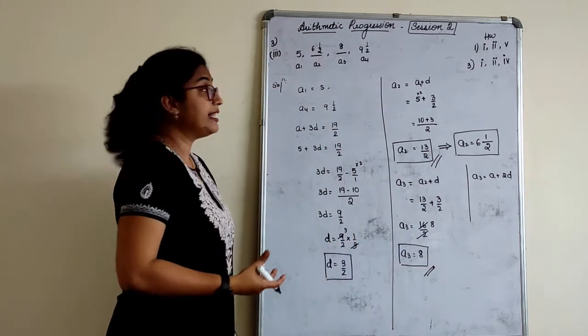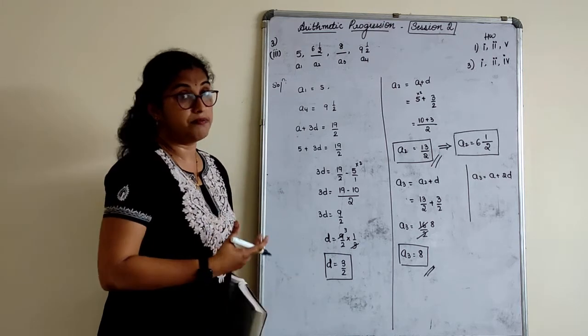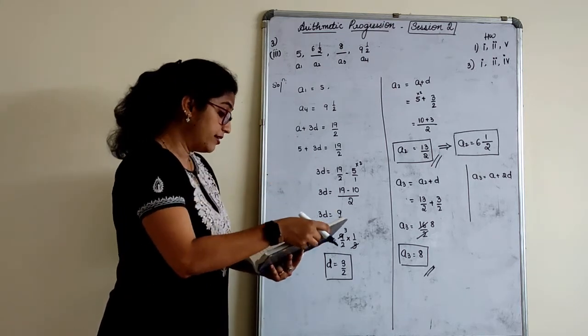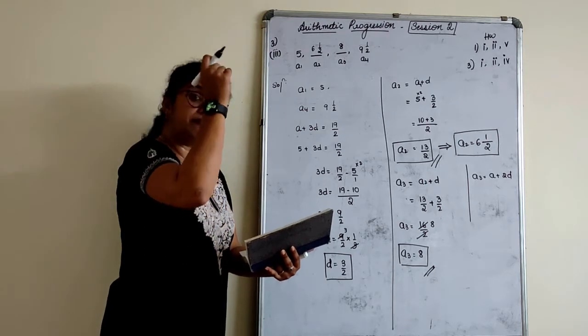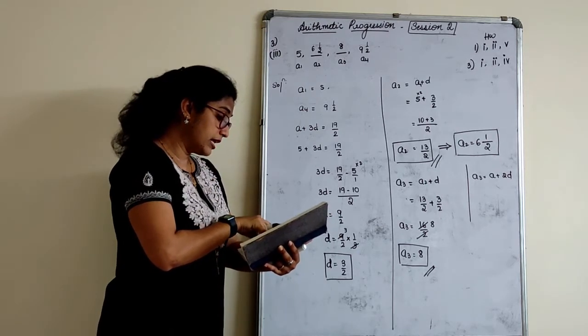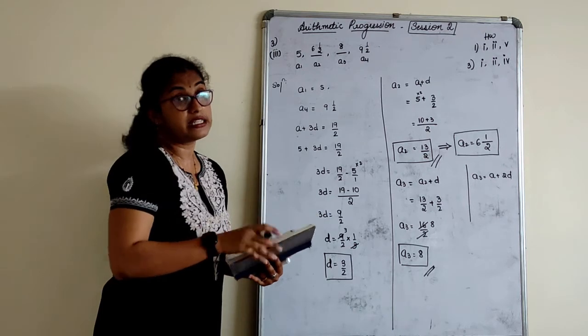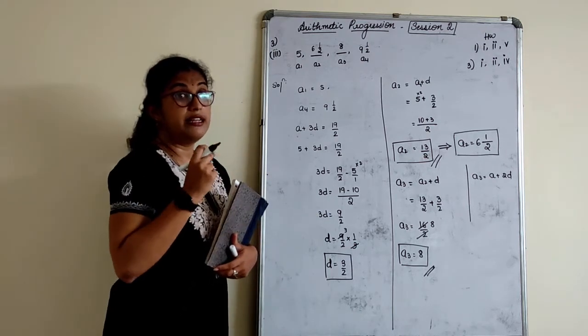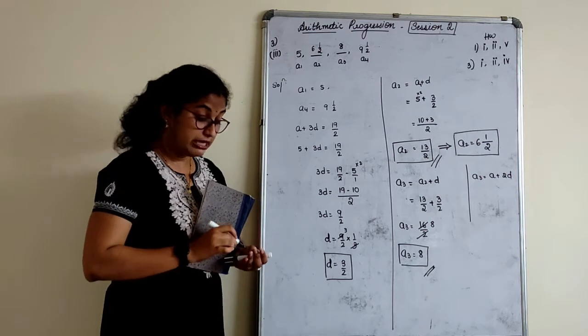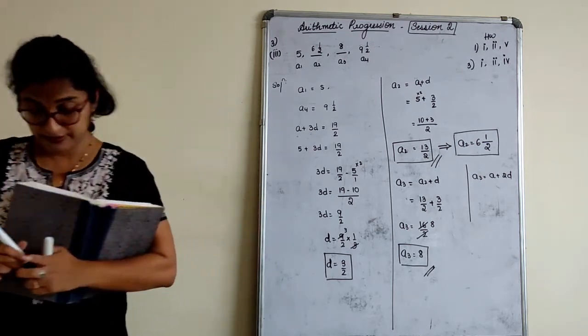Now this was when A was given, it was very simple. Now let's see the next one where the A term is not given, but we know the second term and we know which it is: first, second, third, fourth, fifth, sixth. Second term is given and sixth term is given. How to solve? Let's try to recall in linear equations what we have done.